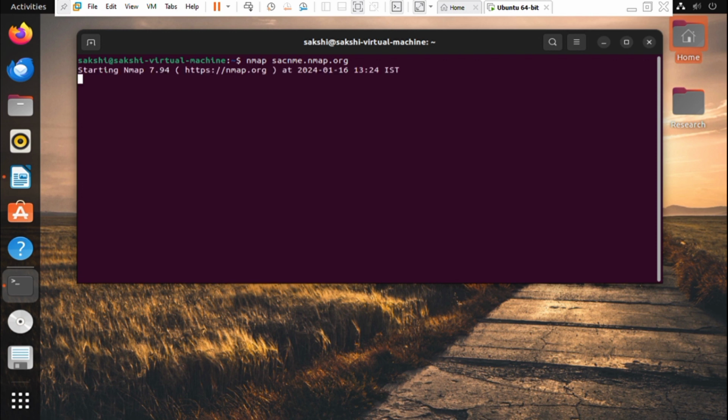Okay, it started scanning for the domain. Sorry, we have given the wrong domain name. Let's check for nmap scanme.nmap.org. That is scanme, and again hit enter. It's very important to be very specific about the domain name. So it has started scanning for